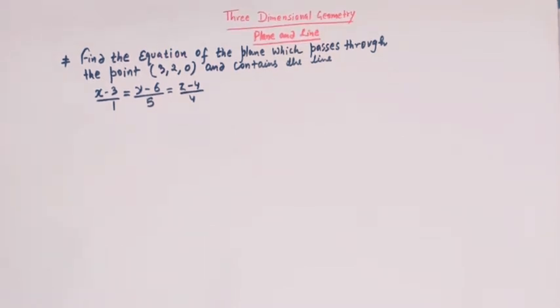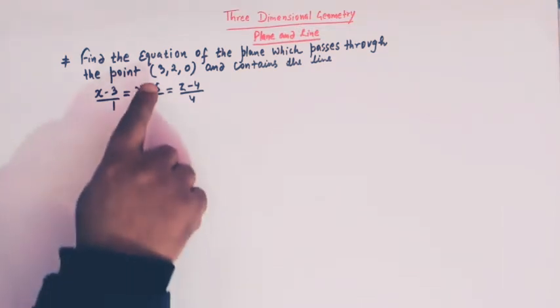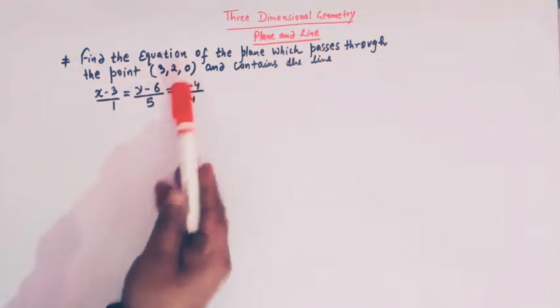Hello viewers, in today's class we are going to take up one important problem from three-dimensional geometry. This problem contains both a plane and a line. The problem is: find the equation of the plane which passes through the point (3, 2, 0)